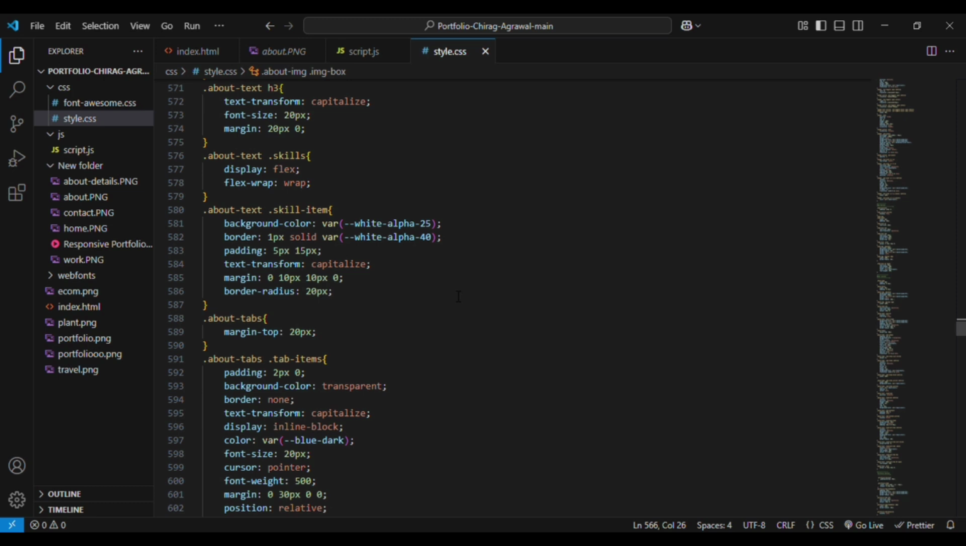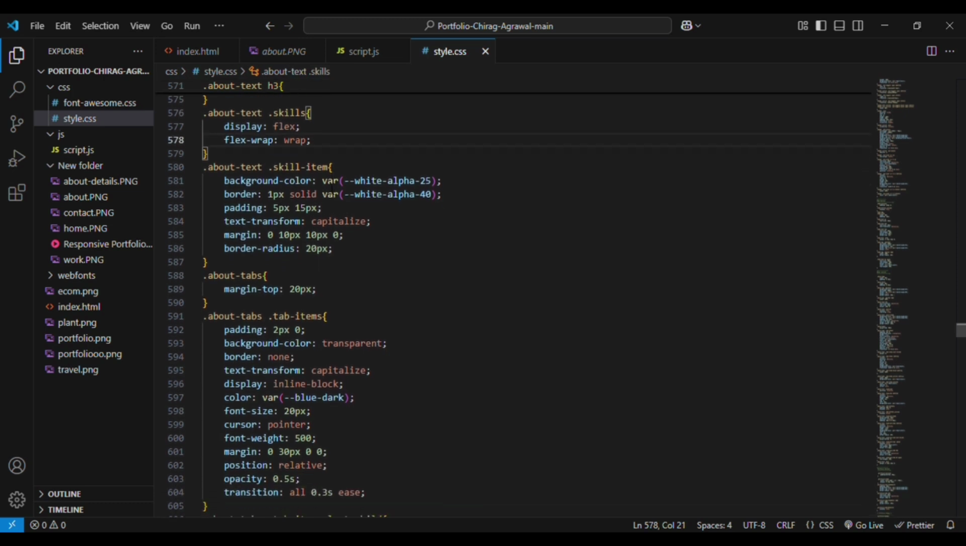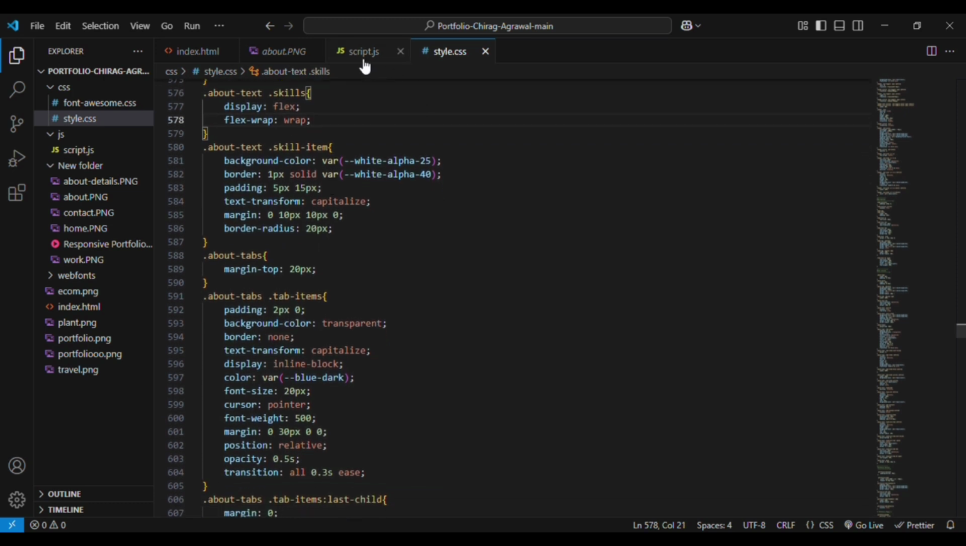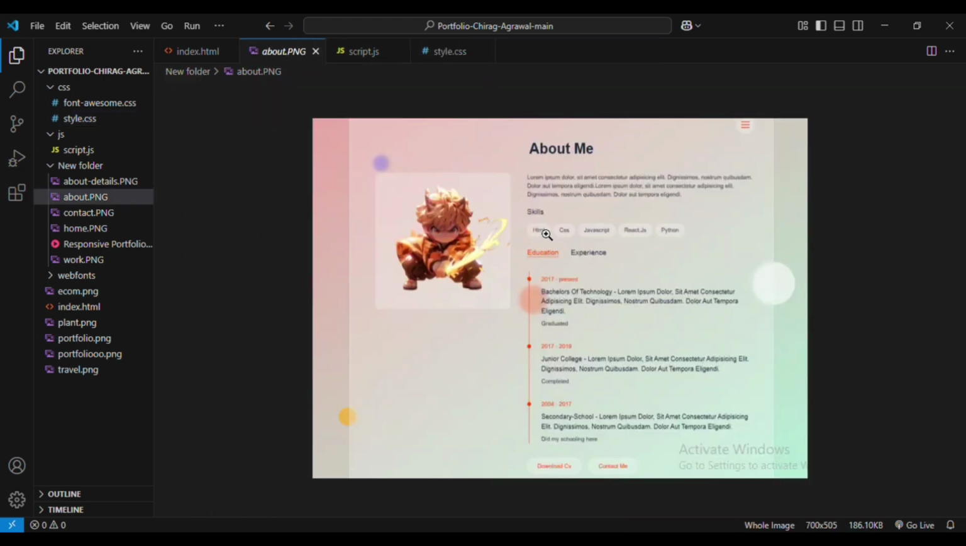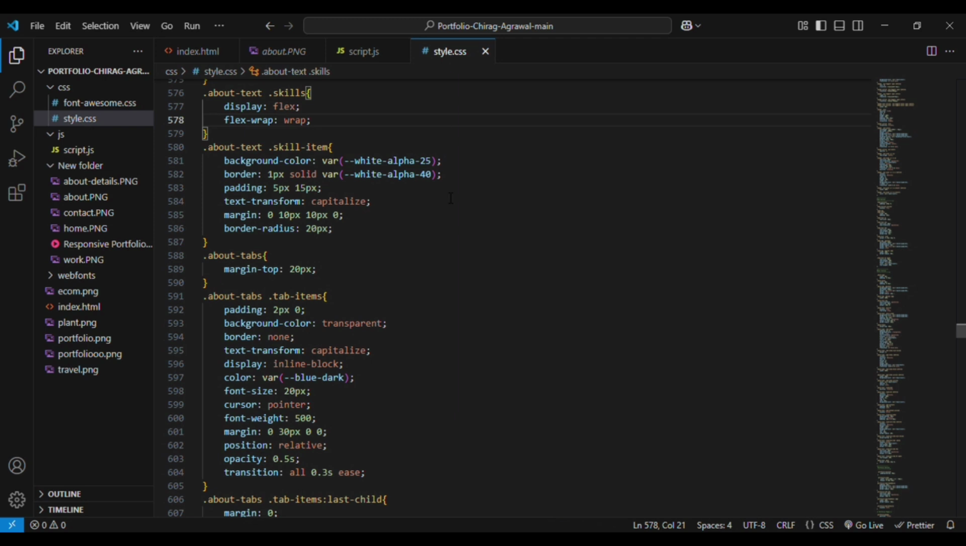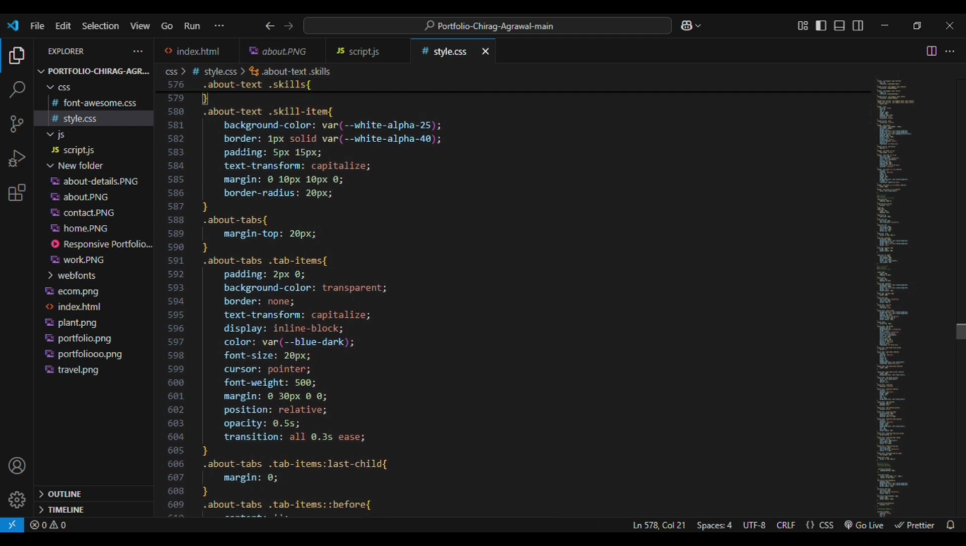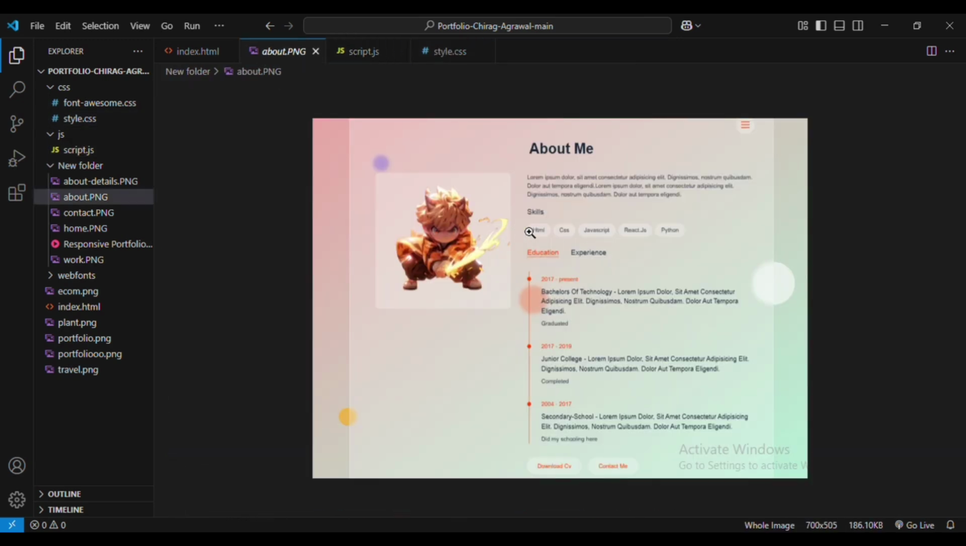In that, skills display is flex and flex wrap is wrap. And for the skills item, because we are using flex wrap, you can see they are all aligned in a single row with equal spacing because we are using flex items here. Then for the skills item, background color is given, border is given, padding, text transform, margin, and border radius is 20 pixels. So we are getting curved edges. You can see curved edges on these elements. Then we can go to the